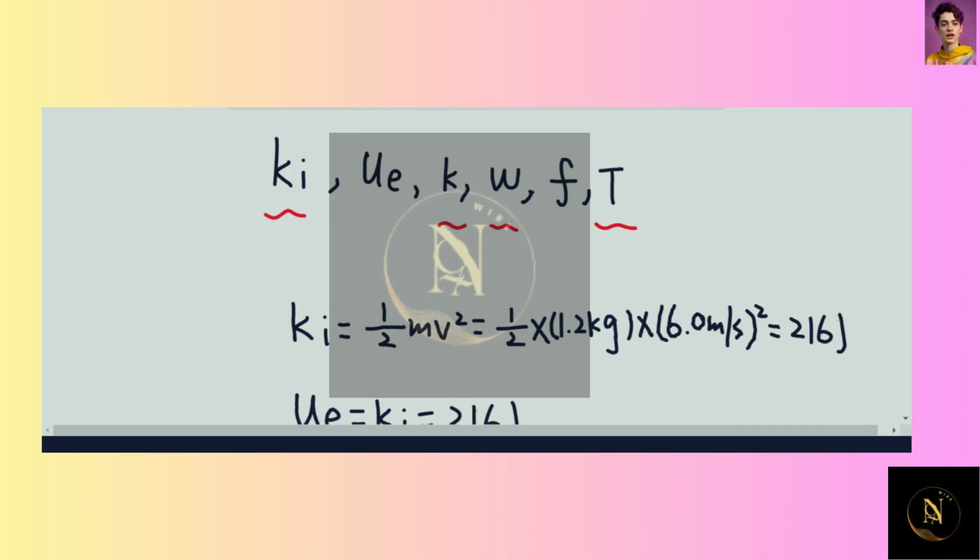Okay, so we can determine initial kinetic energy, final elastic potential energy, spring constant, angular frequency, and time period from this question. And I would like to pick initial kinetic energy, spring constant, angular frequency, and the time period to be the four physical quantities